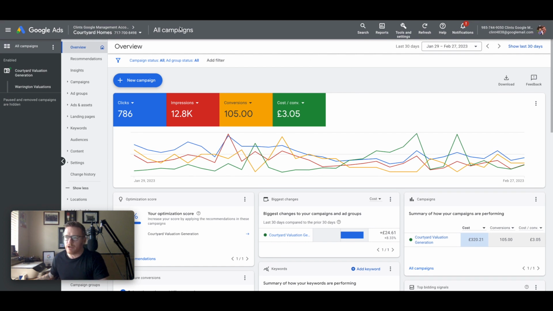So if we look at the last 30 days, clicks, we've had 786 clicks. That's how many people have clicked into the advert. And 12,761 times your advert has landed. So what we can see here is that out of 12,800 odd, 786 people have taken that further step